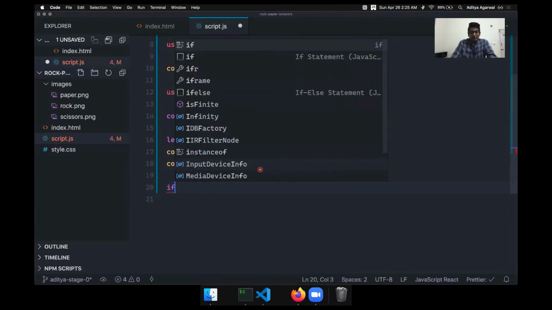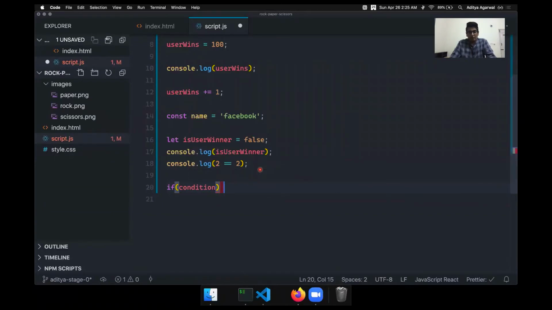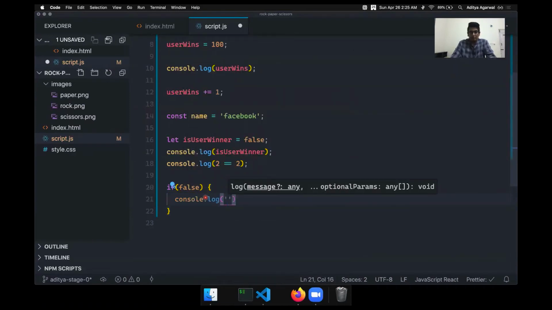If I have to write if, here I have to write some condition, so I can just say if false. Whatever the condition is, if it is true, only then this will run. Inside else I can say if this is false, then run this.